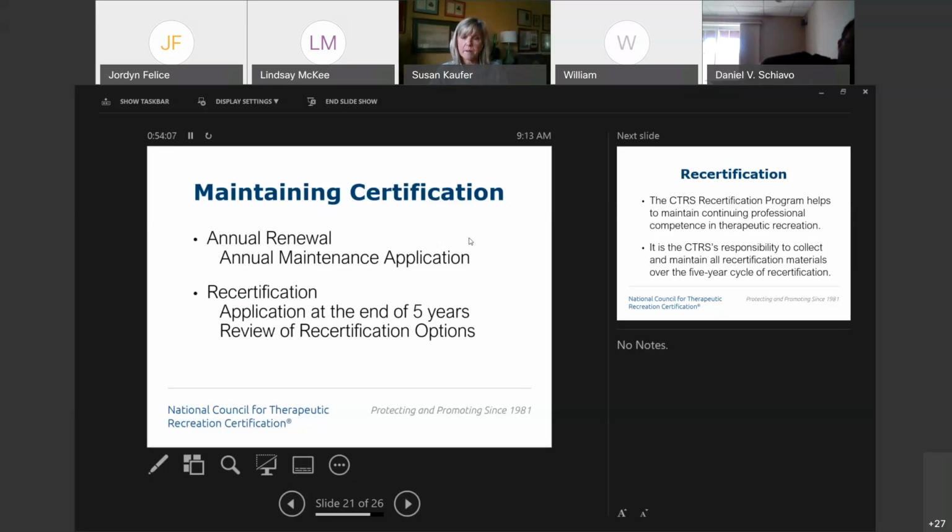We have an online process right now. You would log on to your profile page to access the renewal application, as well as at the end of your 5 years, we have the recertification process. Those of you who are earning your CEUs today know all about that recertification process. Every 5 years, you are either selected for the audit or not. So you do need to keep track of your education, gaining your 50 hours of education over your 5 years.